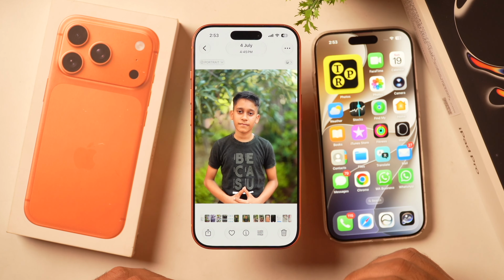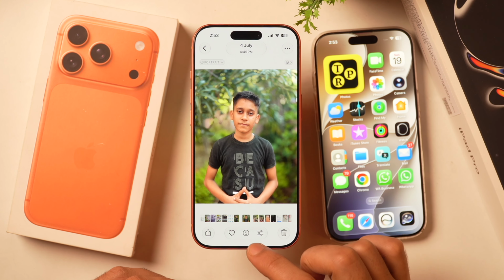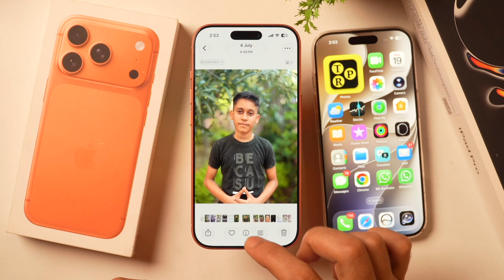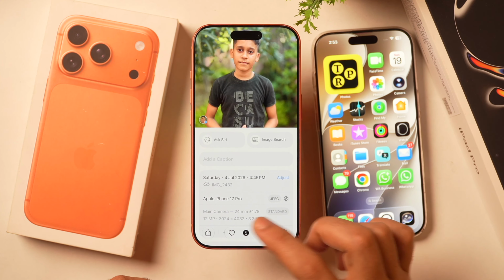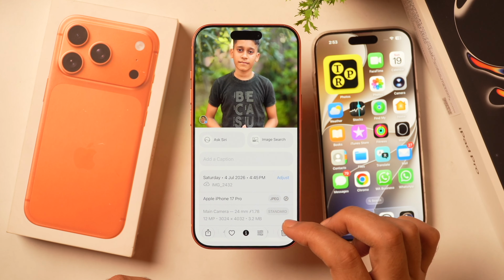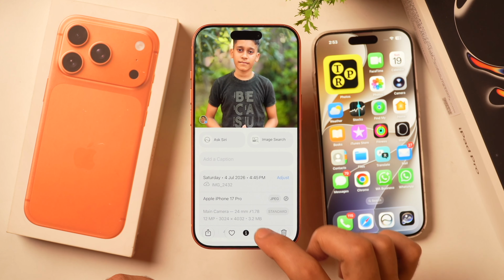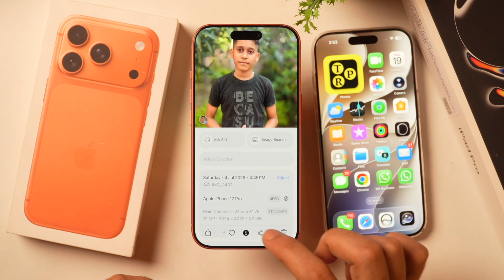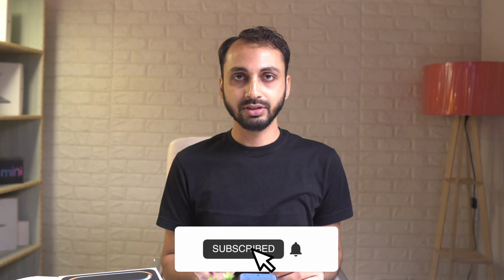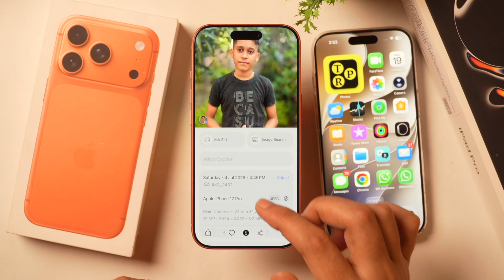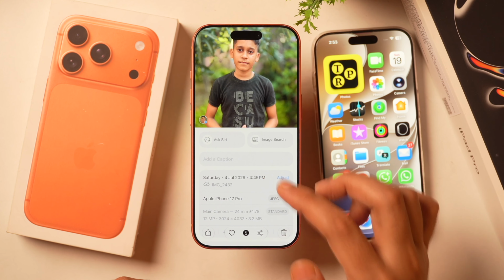Let's open this one, and if I tap on this eye icon, that will reveal the information regarding this photo. And you can see here the date the photo was taken along with the camera lenses used, and there is file size as well, that is 3.2 megabytes. Now if I want to reduce the file size of this image from 3.2 MB to lesser than that,